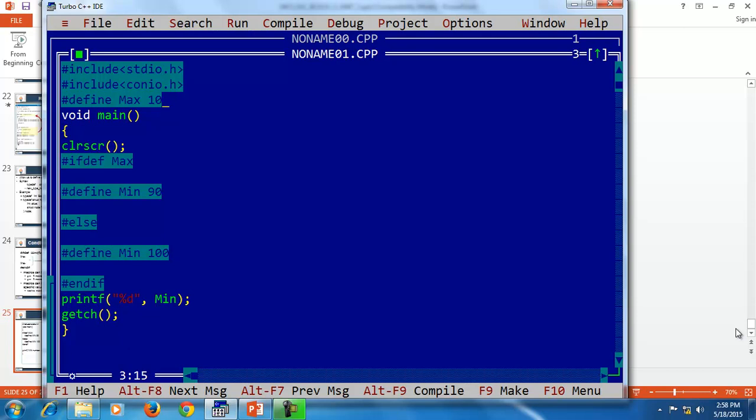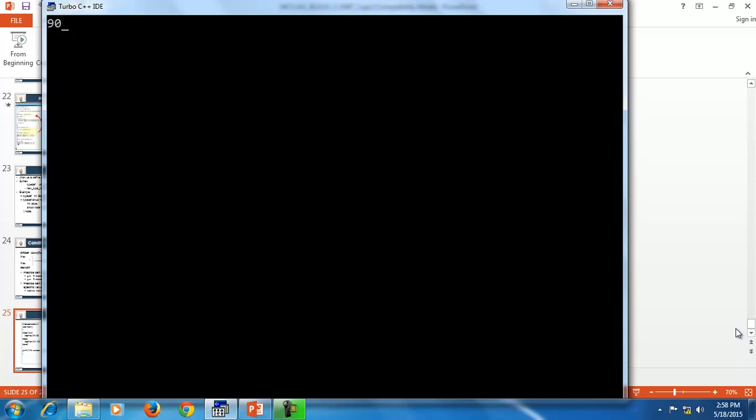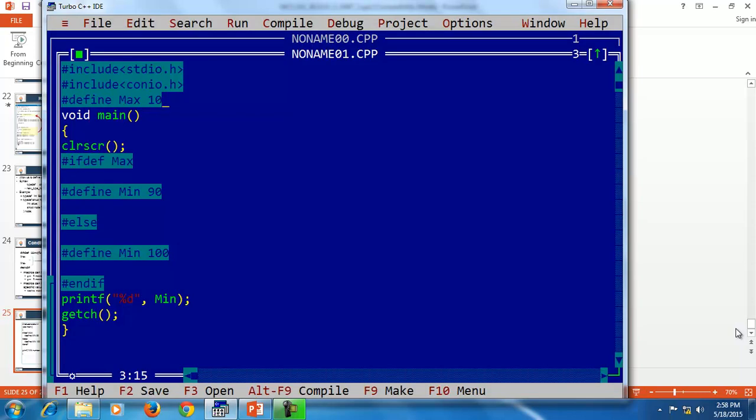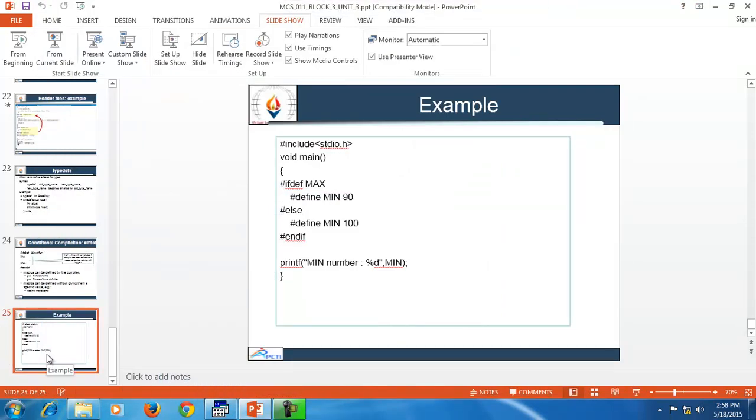If it is defined, the statement under the if statement will be executed. So it replaces the text min with 90 and shows that the value of min is 90. So as we use this if else statement, we can use ifdef also. So this is a basic example of conditional statements.